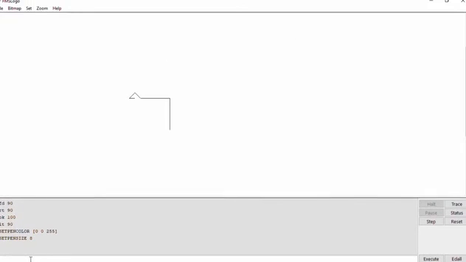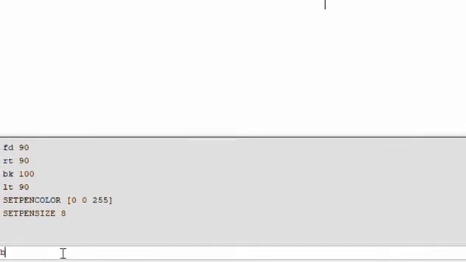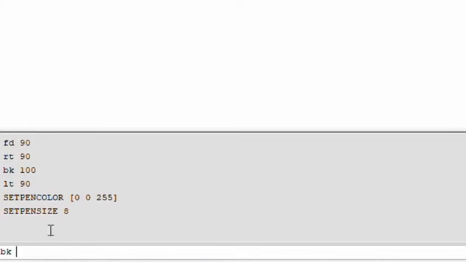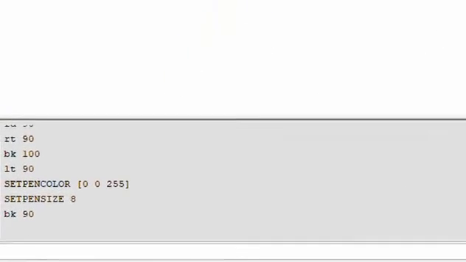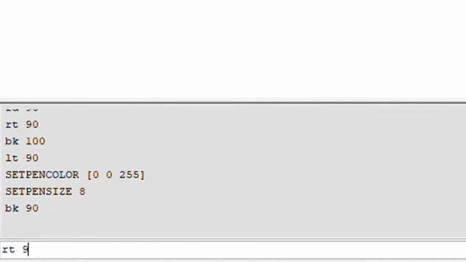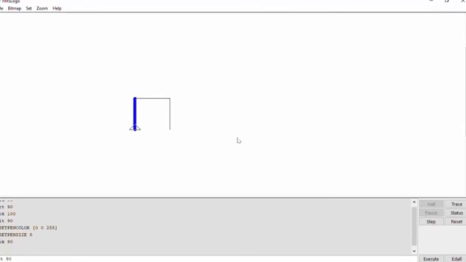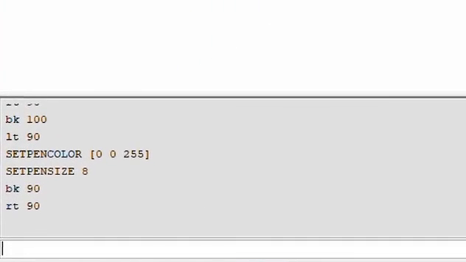So I'm going to move the turtle backward, with the turtle short command BK. This time I'm going to use 90, as if I'm trying to draw a square. As you can see, we have a blue thick line. Now I can move my turtle to the right. I'll just say RT 90, then hit the enter key, it turns to the right, then I'll move it forward